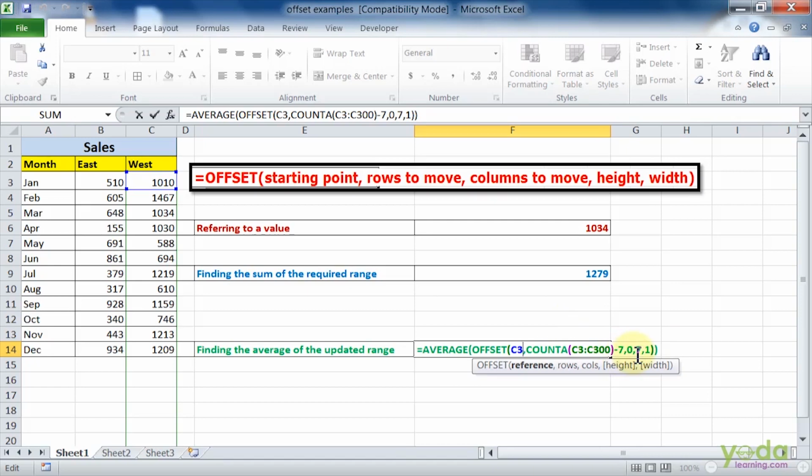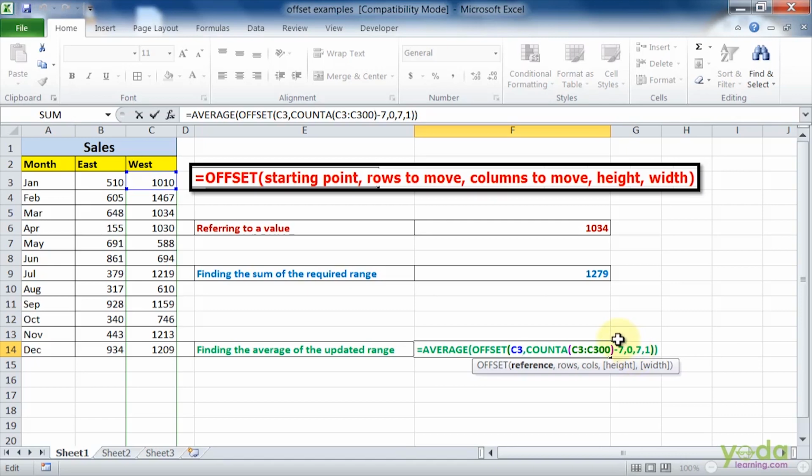Then the number of columns that will be moved is 0. The height will be 7 and the width will be 1.